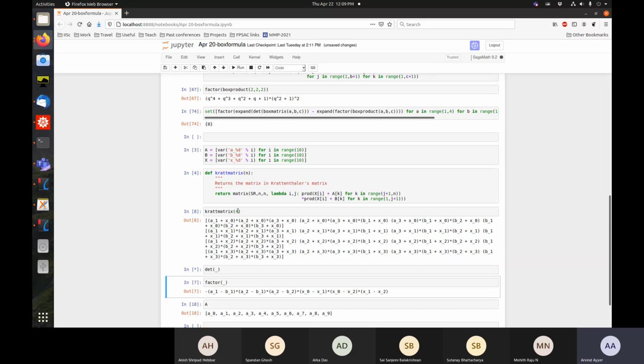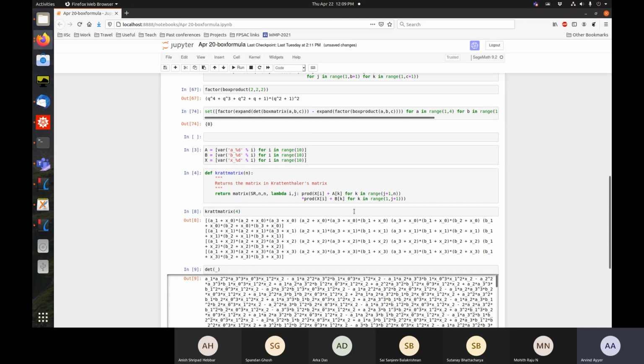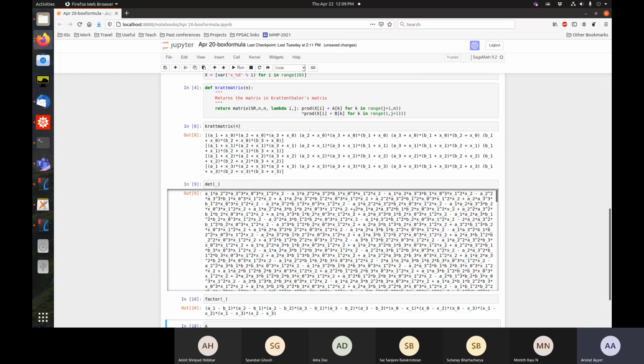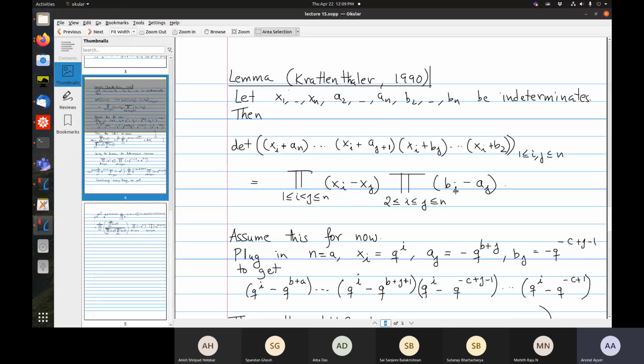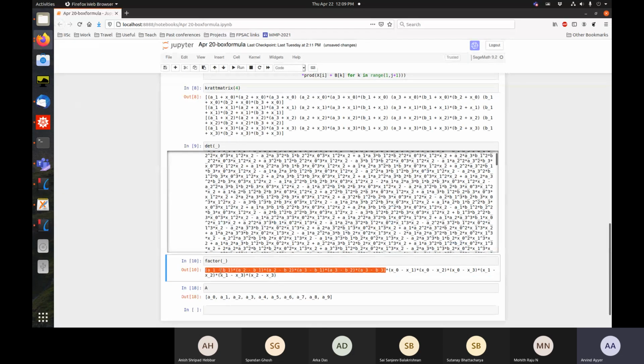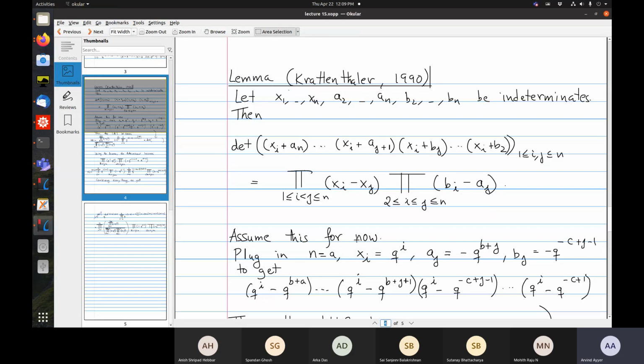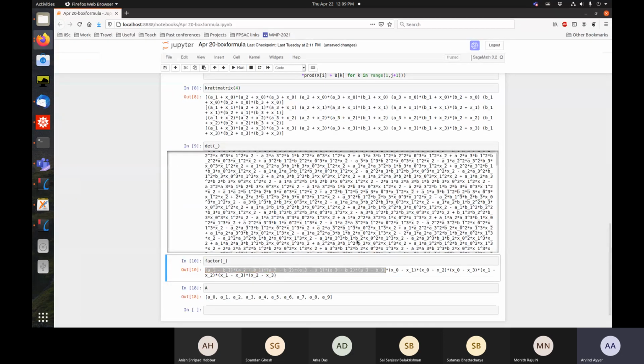So if you do 4, now you see it's going to be a much larger expression, because we factored. So you now have 6 terms for the A minus B and the minus. So let's look: the B index is always smaller or equal to the A index. So B1 minus A1, B1 minus A2, B2 minus A2, B1 minus A3, B2 minus A3. Okay, and the other part is A. Okay, so at least it checks out.